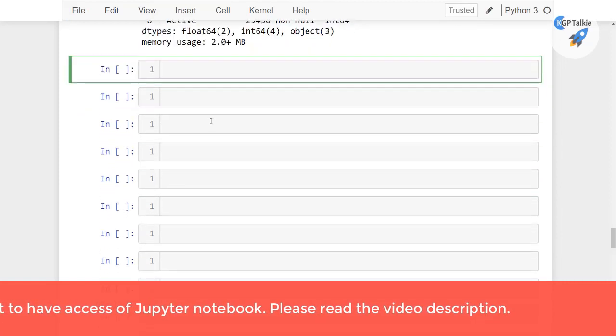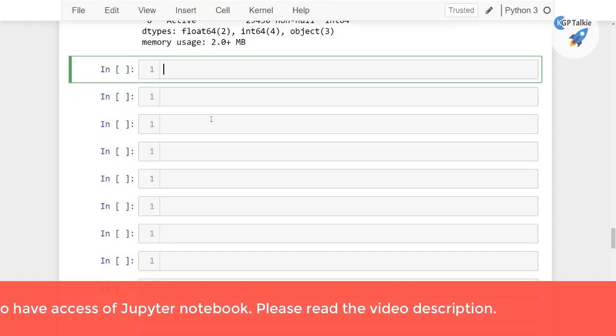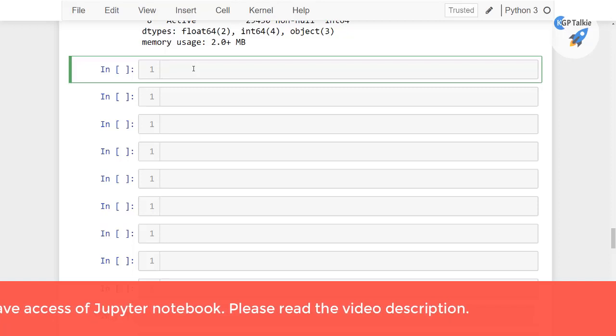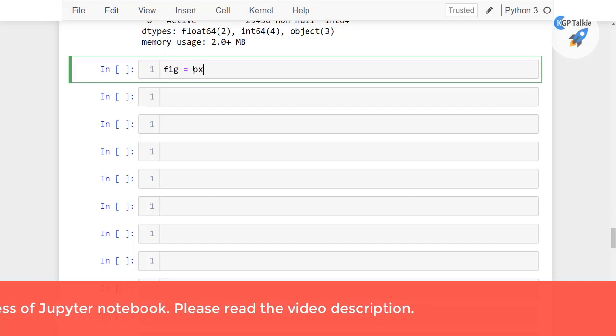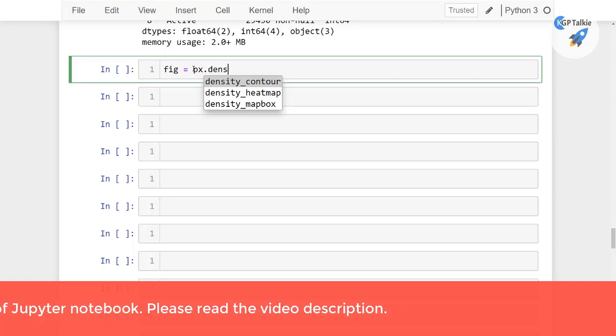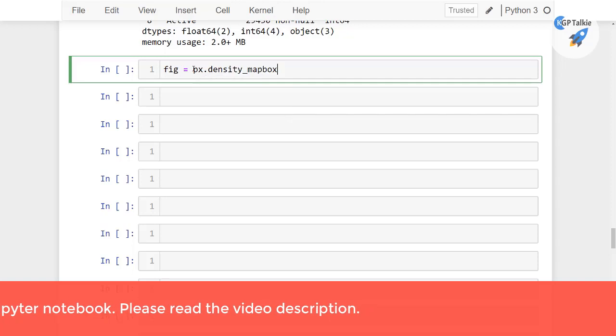Alright, now let's go ahead and start plotting with Plotly Express. Earlier we had used Plotly Graph Objects. Now we are going to use Plotly Express. We have already imported Plotly Express as px. So there we have fig is equal to px dot density. There we have density heatmap, contour, and mapbox. So we are gonna use density_mapbox, and inside that the df data will be passed there,